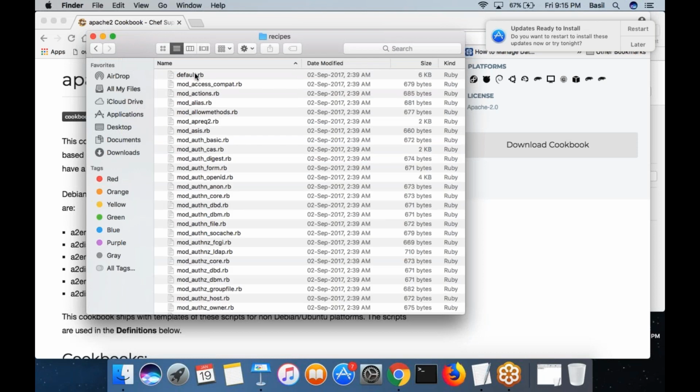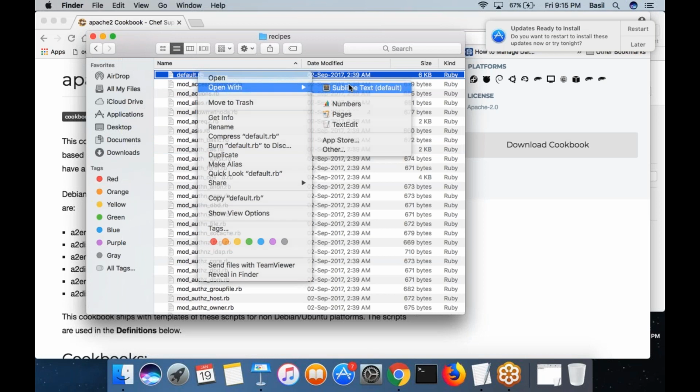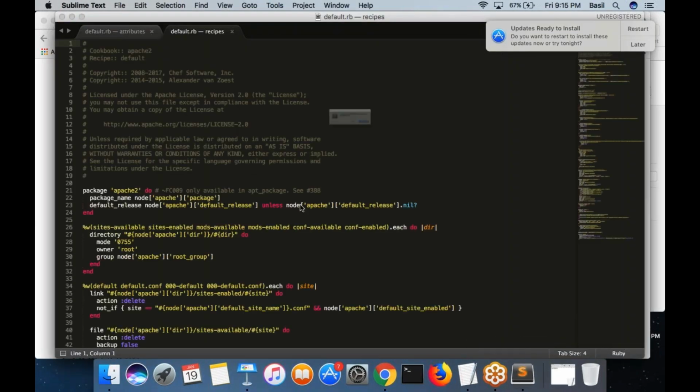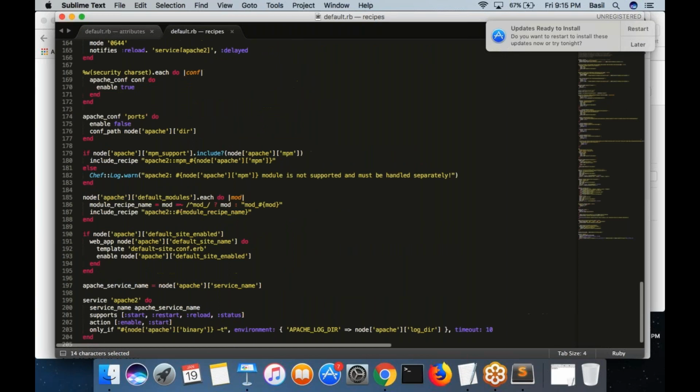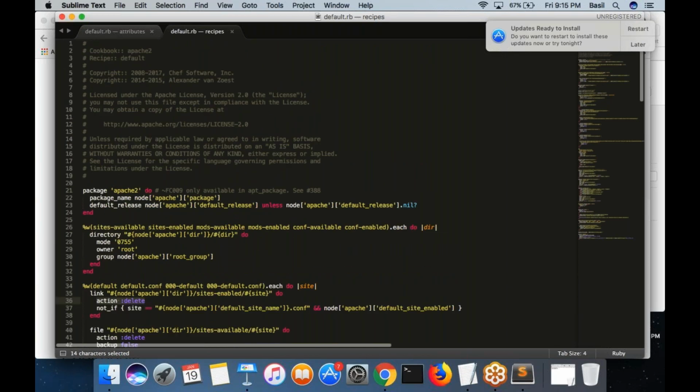Go into the recipe folder, you can see the default.rb, right? I am opening this file. You can actually see the different resources. One package resource for installing Apache package on the client node, and there are some other resources. This is the directory resource. Basically, it would create a folder in the client node, and this is another link resource. Basically, it would create some soft link or delete some soft link. In this case, the action is delete. So like that, you are writing down a number of resources which would basically be used for setting up the Apache